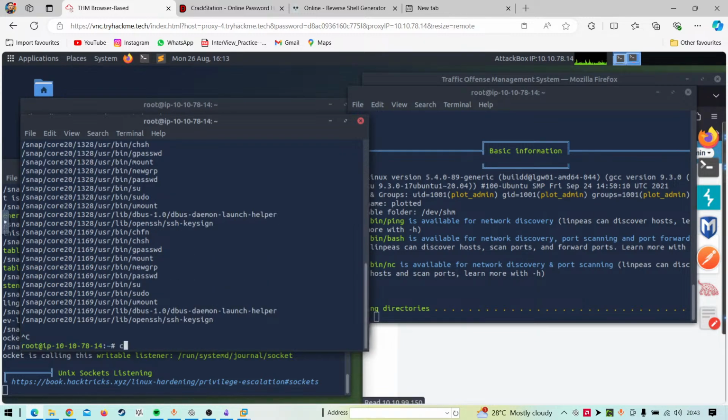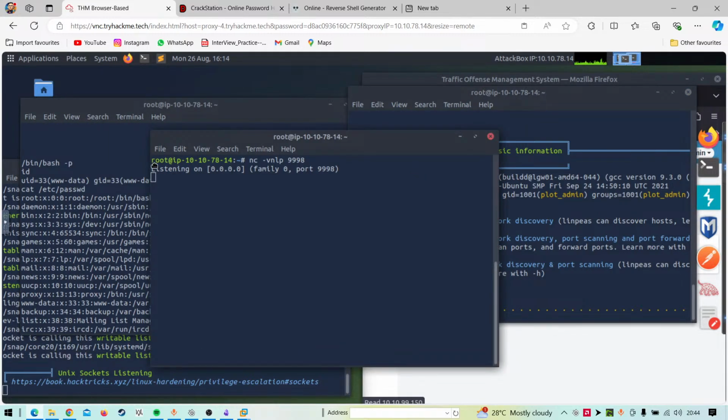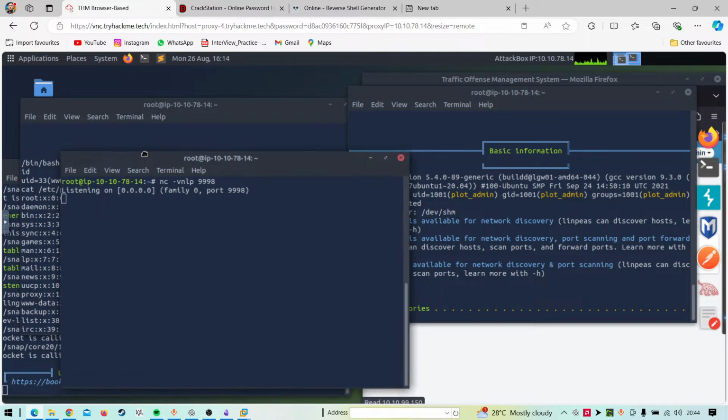Oh, I pressed Control C, so sorry. I don't know how long I have to wait for LinPEAS to complete this scan. I can just wait for the cron job to do its work and give us a reverse shell.